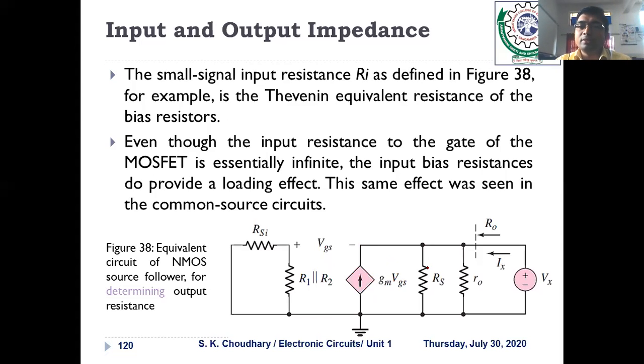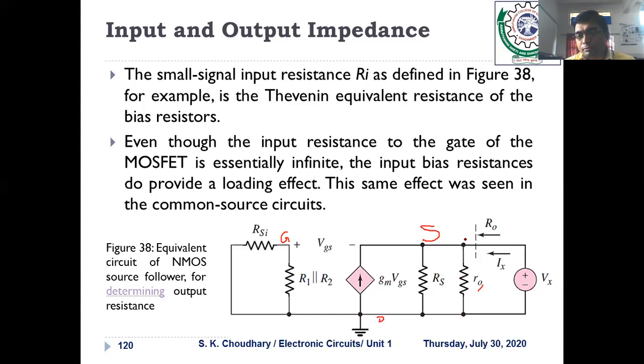In the case of common source it is always 180 degrees out of phase, but in the case of common drain it will always be in phase with the input signal. That's why the direction of current is opposite. Then this is the RS source resistor, because we are taking the output across the source terminal. So the output voltage is calculated here at the source terminal. This is the finite output resistance of the MOSFET, and this is the drain terminal. You can consider that it is common or grounded, and somewhere here is the gate terminal.